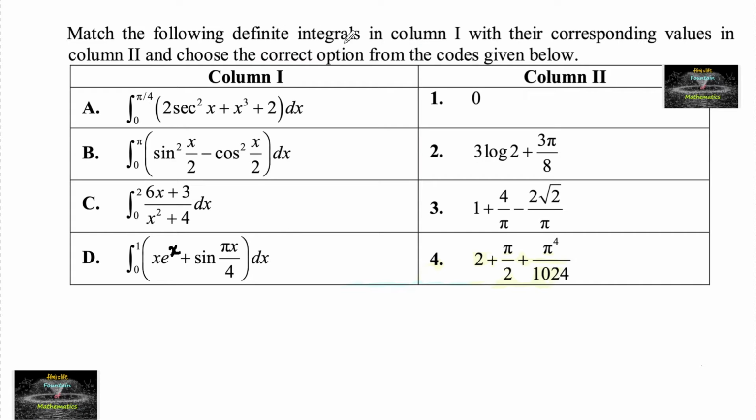Match the following definite integrals in column 1 with their corresponding values in column 2 and choose the correct option from the codes given below. The first one, integral from 0 to pi by 4,